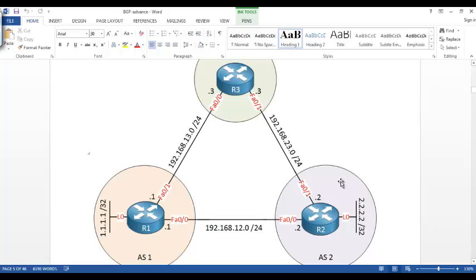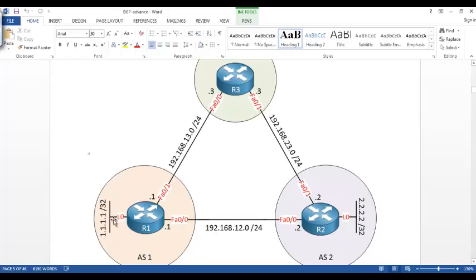Now what happens is, because the eBGP administrative distance is lower than your IGP protocol, say for example you run OSPF, whose administrative distance is 110, whereas eBGP administrative distance is 20,